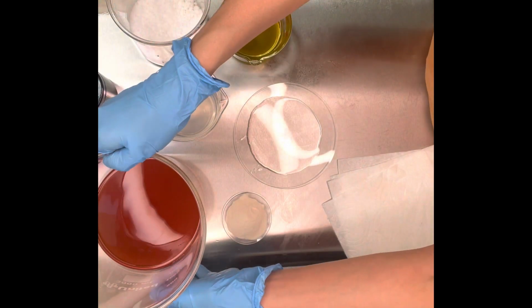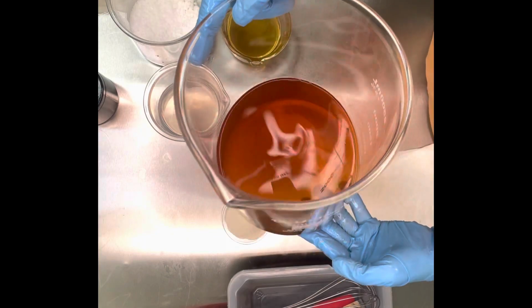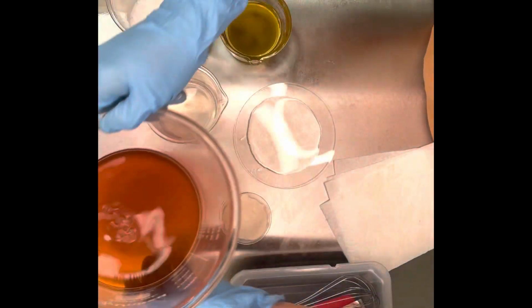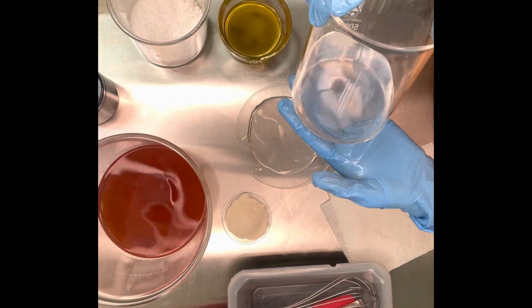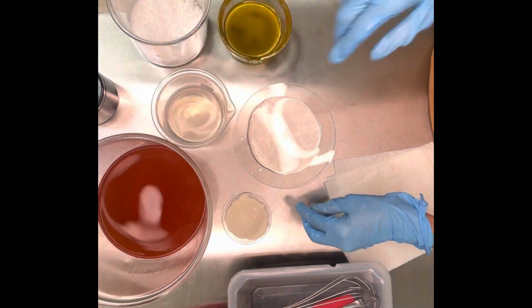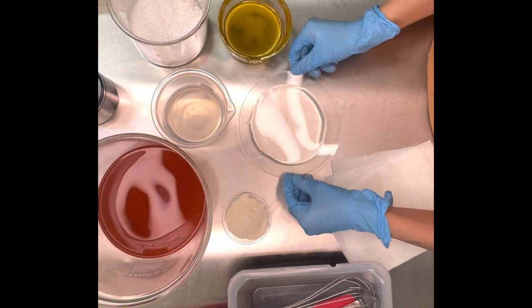You'll need a liquid. You can use either distilled water or rose water. If you want to use rose water, I have a recipe under the DIY section on my website. You'll need a hydrosol. I use rose hydrosol, but you can use a hydrosol of your choice. You also need glycerin, xanthum gum,